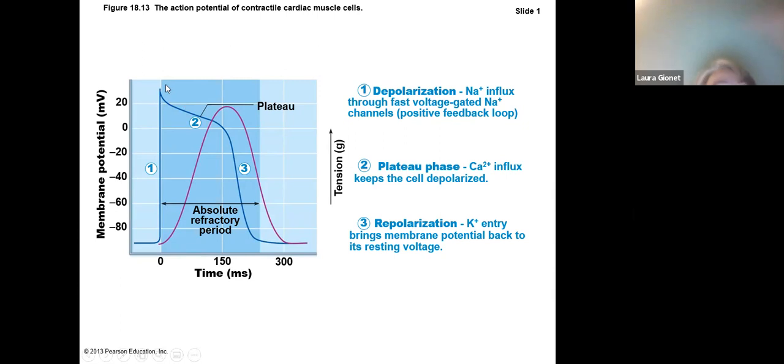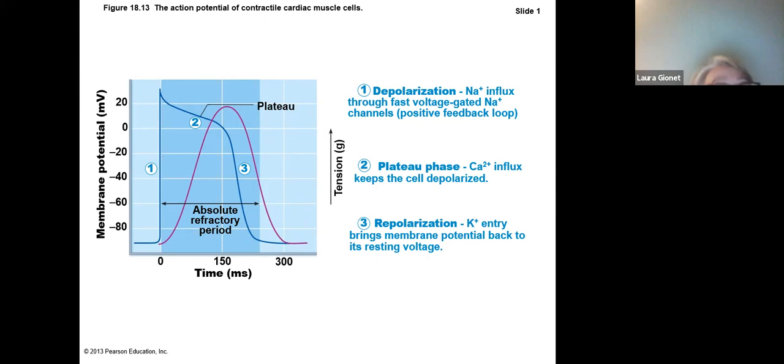To allow this plateauing phenomenon to occur, the muscle tissue can contract and hold before it starts to relax. And that's what we need. We need to move blood from the atria to the ventricles, and from the ventricles to the pulmonary trunk and to the aorta. So as the potassium gate opens to allow potassium to leave the interior of the cell, these calcium